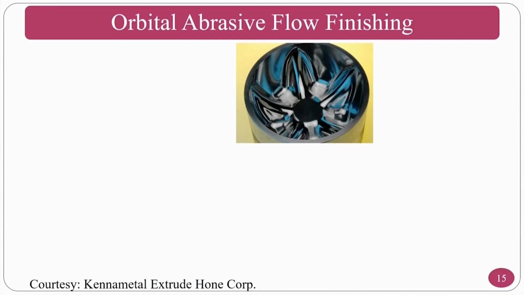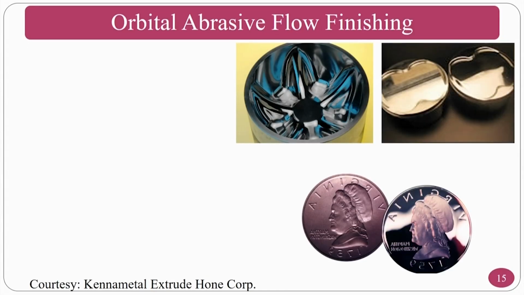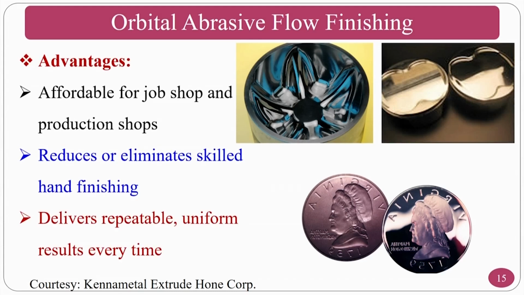So these are the simple to complex surfaces that one can finish using the orbital abrasive flow finishing process. You can finish this type of dies, and at the same time coins also. The advantages: it is affordable for job shops and production shops, and it reduces or